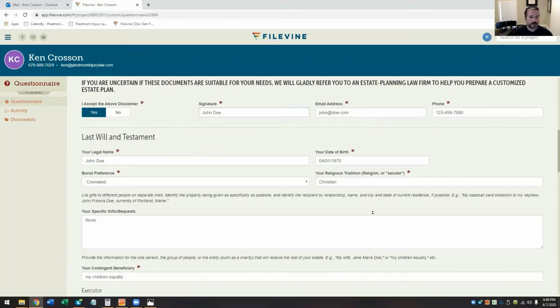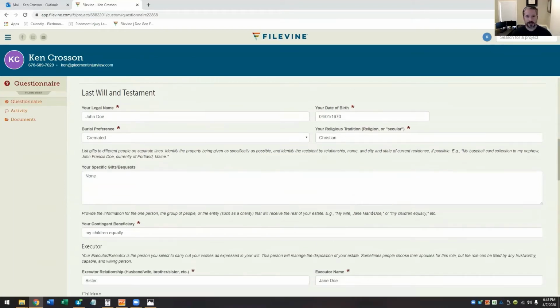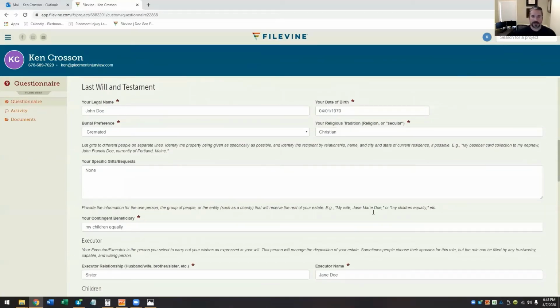So the first section is the last will and testament section. That's the first of the 3 documents that this estate plan will consist of. Now there are lines here for all of your information. If you had selected up top that you were married, there would be 2 sets of lines, one for you and one for your spouse. Now the only distinction between the primary, for lack of a better word, and the spouse